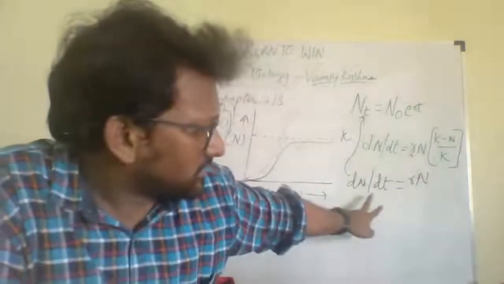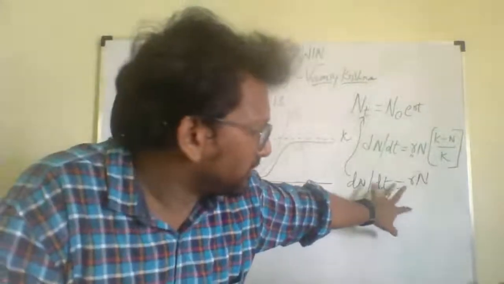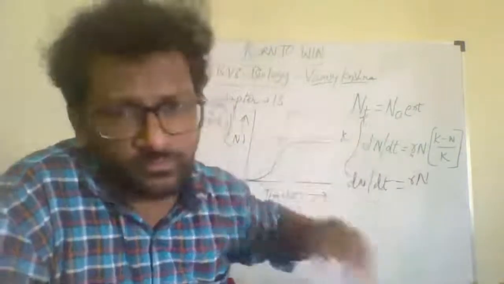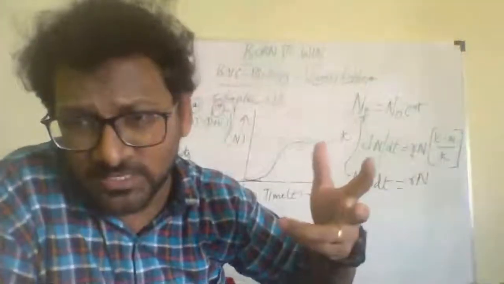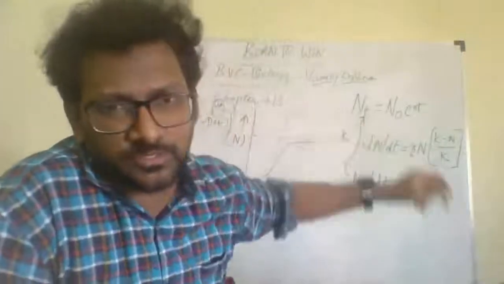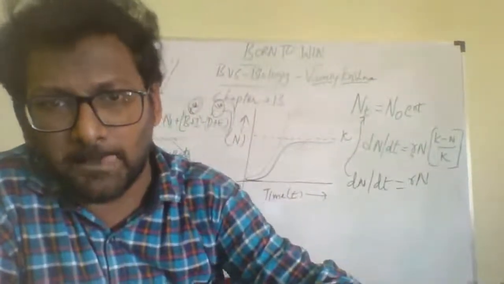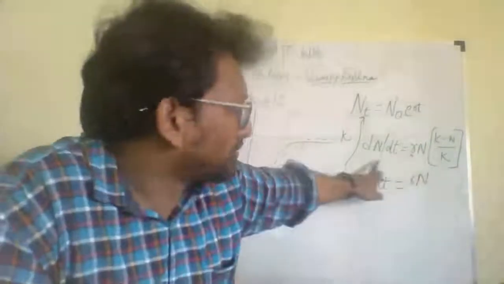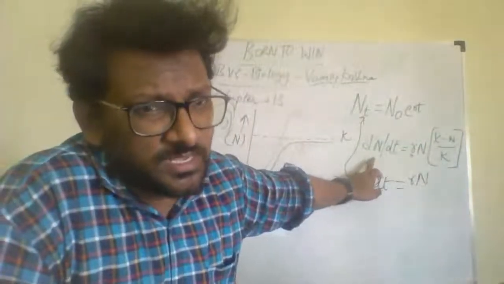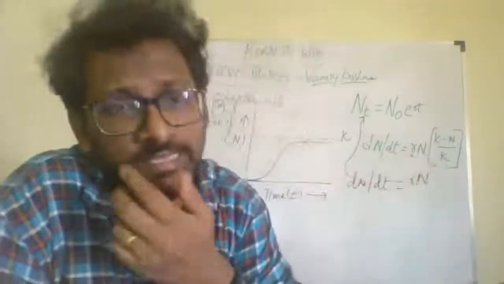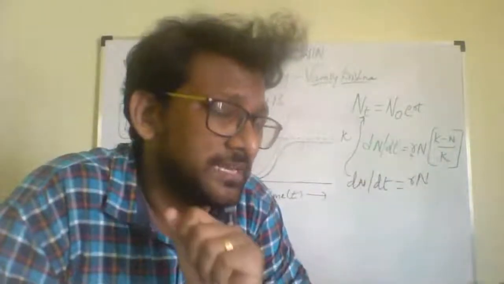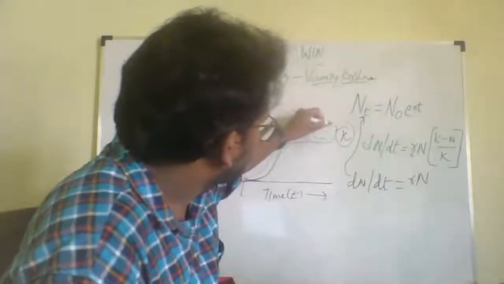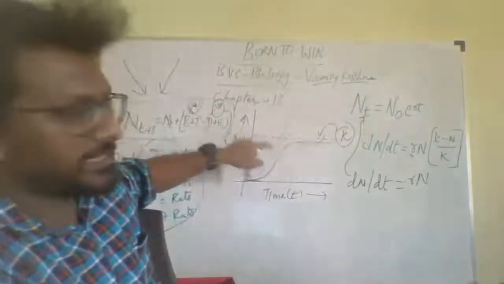So if you understand this equation, this is the simplest form of this equation. During problem solving, we actually use this equation. When we talk about logistic growth, they have given one formula. This one is given, where K is the carrying capacity. Here you can see there is a K value. This black line is representing the K value.